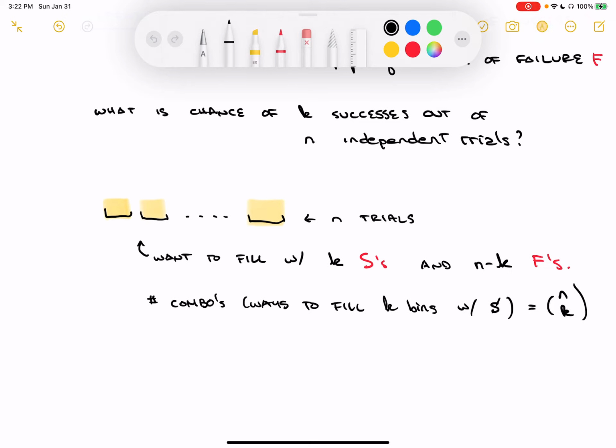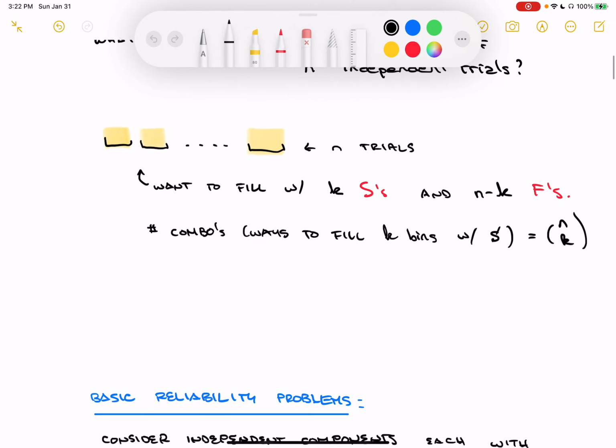Now, because the trials are independent, we know that the probability of having those k successes and those n minus k failures, that's an intersection of all of those different events. But because it's independent, the intersection of all those events is just the probability of each individual trial multiplied together. So independence allows us to just go ahead and multiply these together. So we would have the probability of k successes out of n trials